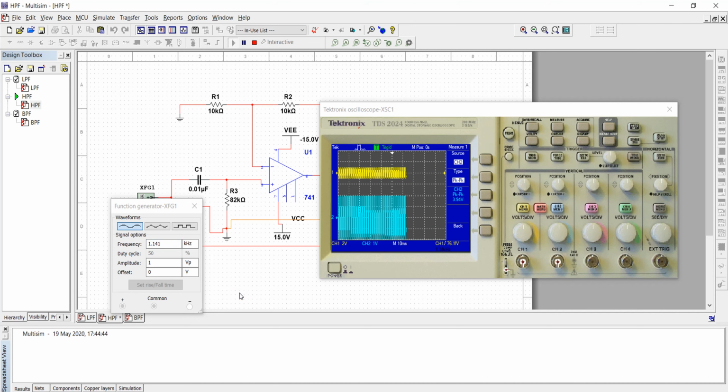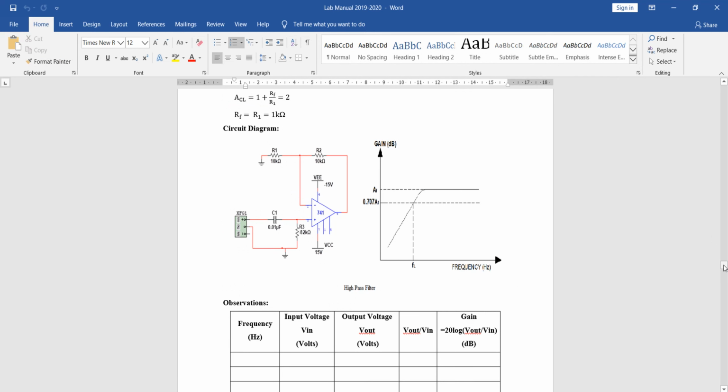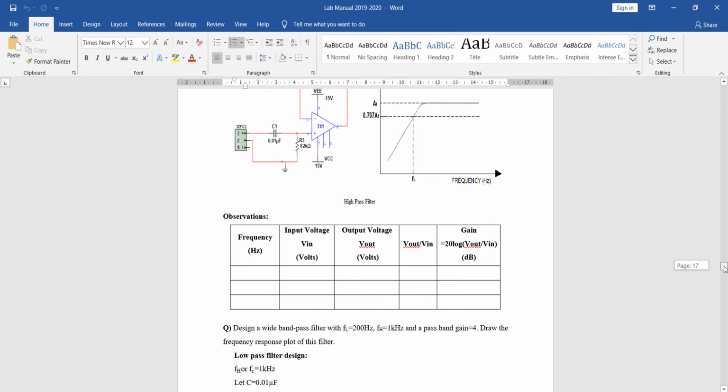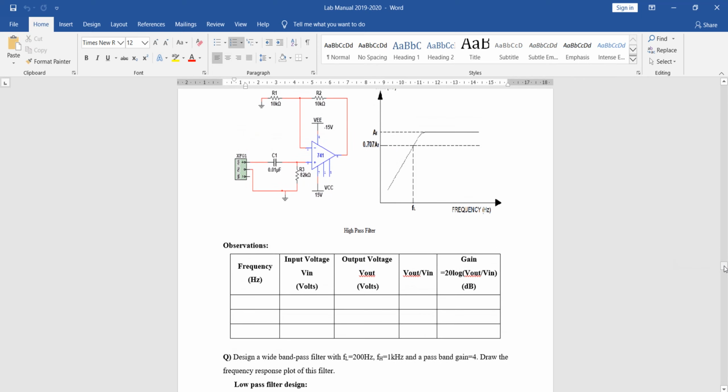So by this we can say that all the high frequency signals have been allowed, whereas low frequency signals have been attenuated in this particular type of filter. That's why we call it a high pass filter. So we will stop the execution of this and move back to the observation part. We note the output peak to peak voltage, then the transfer ratio and the gain are calculated, and the gain is plotted versus frequency.